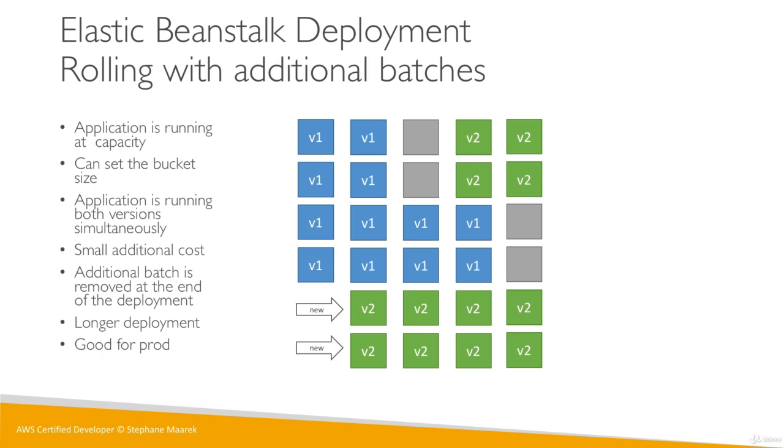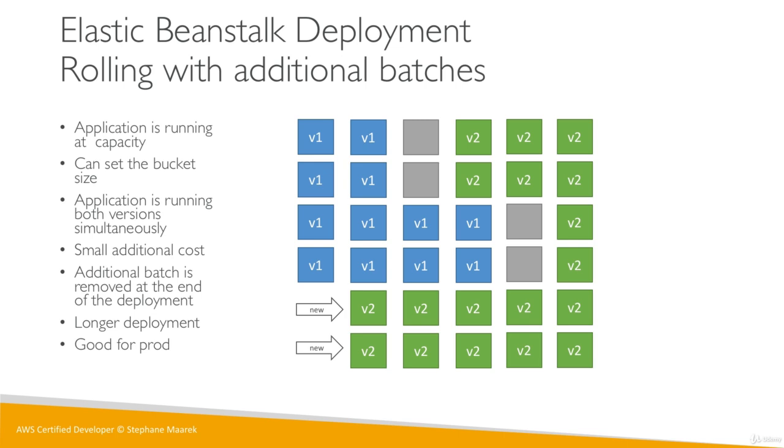Then the process repeats again, just like in rolling. So the application running V1 gets stopped, and then the application is updated to V2. And so at the end, you can see we have 6 EC2 instances running V2. And so at the end of it, the additional batch gets terminated and taken away. So why would you do this? Well, now we can see that we are running always at capacity. The lowest number of EC2 instances running the application we have at any time is 4. So sometimes we are running at over capacity, obviously, and this is why you have a small additional cost. It's very small, but there's an additional cost, and sometimes the exam asks you, is there an additional cost to this kind of stuff?